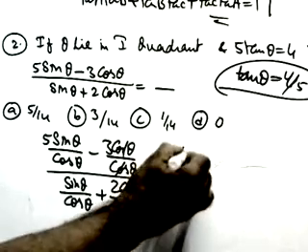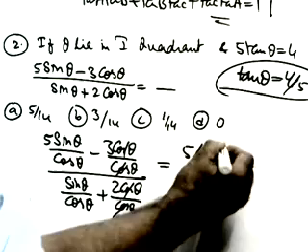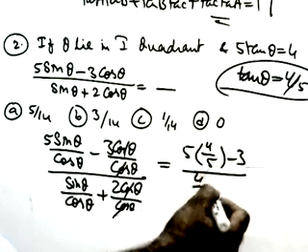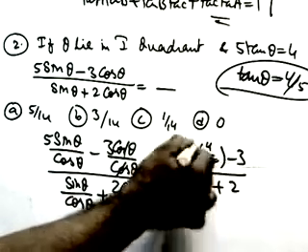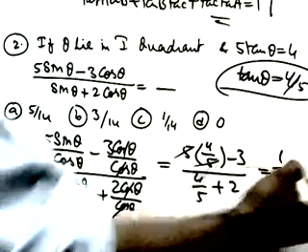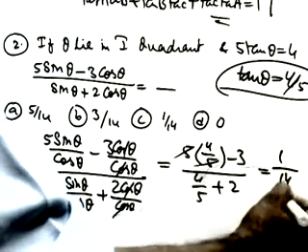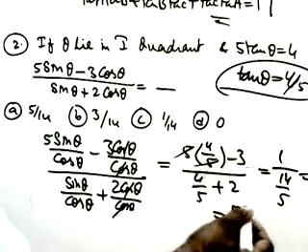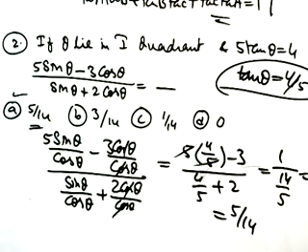So it is changed into tan. Cos will get cancelled. It equals 5 into sin by cos, which is tan theta. Tan theta is 4 by 5, minus 3, divided by tan theta, which is 4 by 5, plus 2. Here 2 is left, here 3 is left. Now cancel this 5 and 5. So this will be 4 minus 3 is 1, and 5 twos are 10. 10 plus 4 is 14 by 5. Bring this in the numerator, it will be 5 by 14. So this is the answer, 5 by 14.